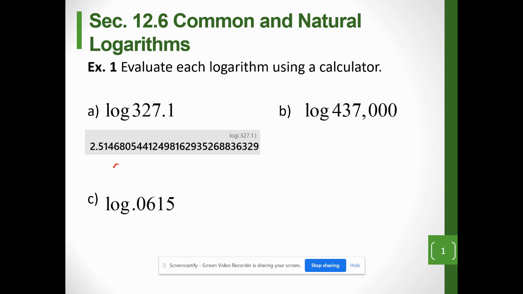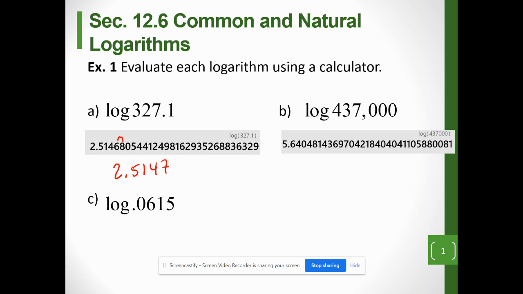So I'm just going to say this is 2.5147. That 8 was big enough to push my 6 to a 7. And when I say big enough, it means it's 5 or more. Right? So in this case, I get 2.5147. Now, for example B, logarithm of 437,000, I literally type it in my calculator, and I'm going to get